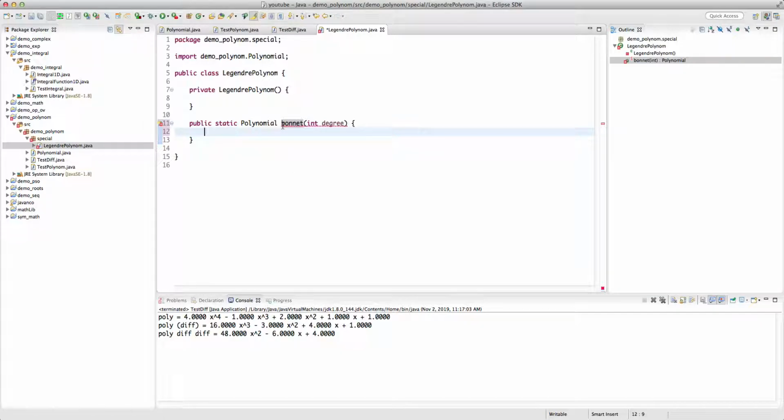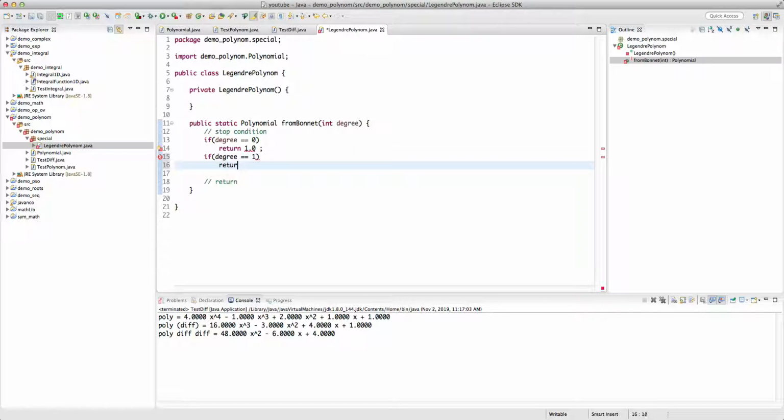And then, okay, let's keep the from Bonnet, and we have the stop criteria and then the return. All right, so the stop condition is that if degree equals 0, we return 1. So remember, for Bonnet we need to have two initial conditions. If degree equals 1, we return,